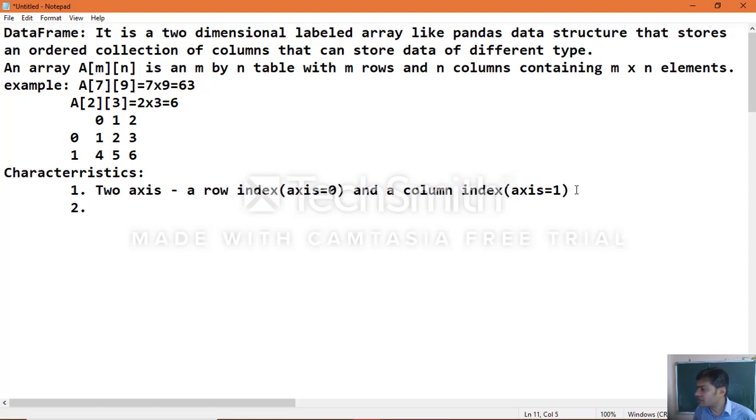Now we'll see another characteristic. It is like a spreadsheet, which we already know, a tabular form which holds the data.